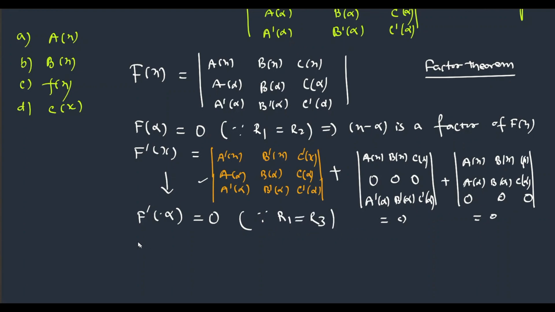So now from here what can you say, that if in the place of x if you put alpha in f(x), then f(alpha) becomes 0 by the factor theorem. x minus alpha is a factor of f(x), but f'(x) is also 0 at alpha, so you can say that (x minus alpha) whole square is a factor